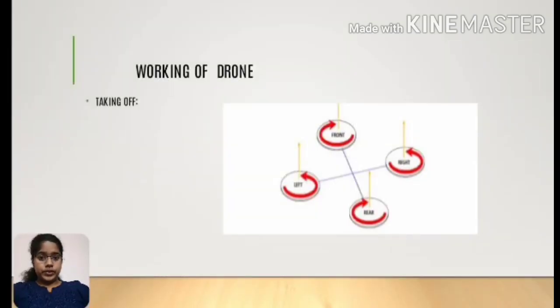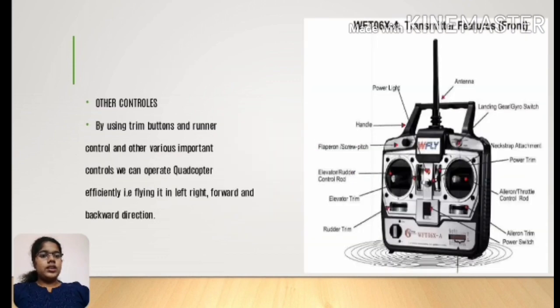Myself Vaishnavi Zawalkar, roll number B80. And let us see the working of the drone. We all know the working of the drone, or the control of the drone, is done by the remote. So let us see the remote first, and then we can understand the working of the drone. This is the remote, and here we can see an antenna, that is the transmitter, which transmits the signal of whatever operation we do in this remote to the receiver, which is situated in the drone.